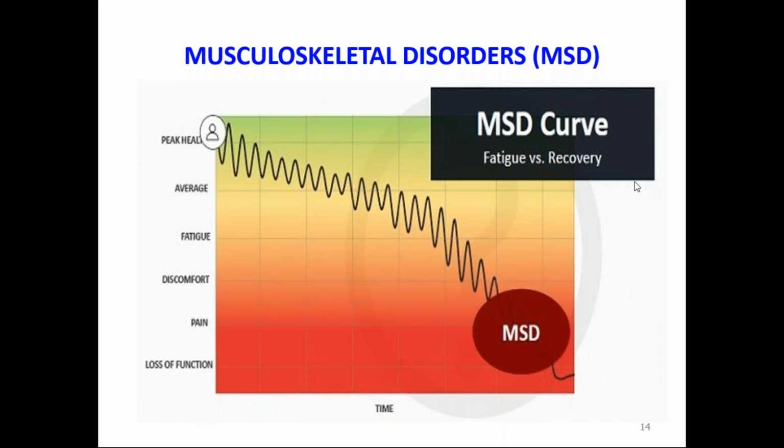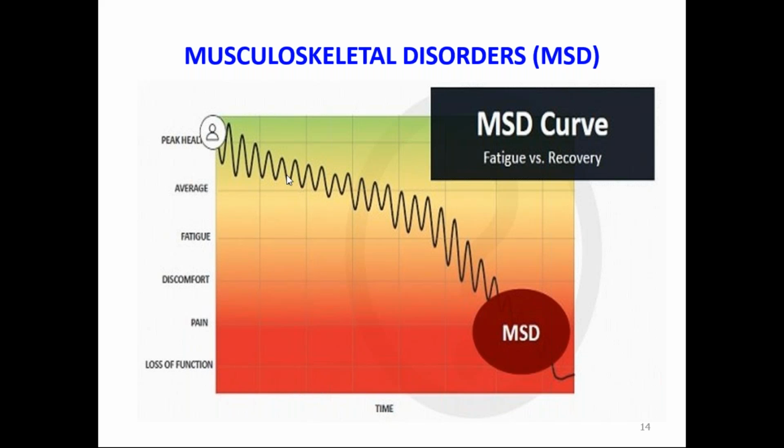So this diagram also shows you how important time is. With respect to time, these are the factors that determine how fatigue or MSD is going to develop. If your health is good, and then you face some problem, we move along the x-axis, that is time. If the problem persists even after its identification, it may be converted into average health issues.